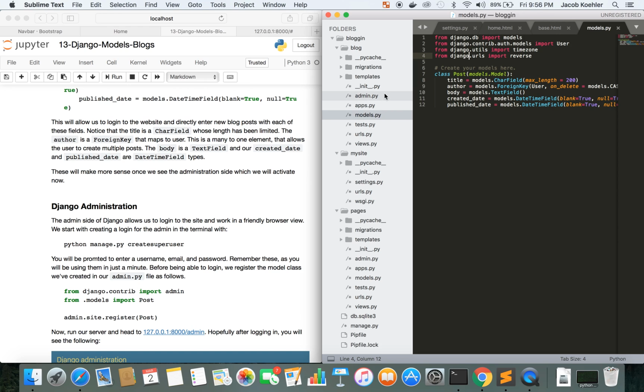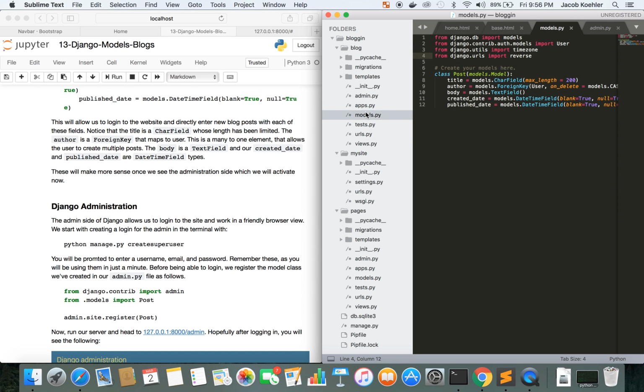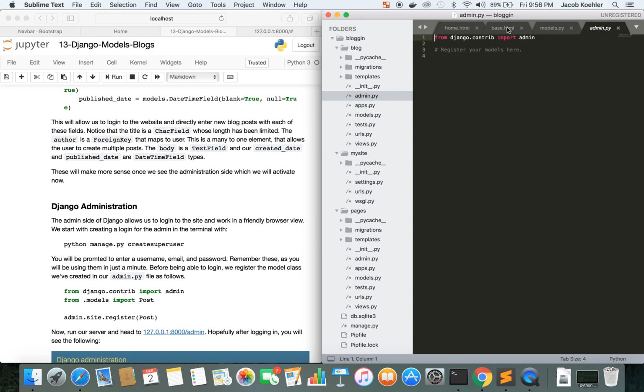We created a super user but we haven't added anything to our administration file. So again, these are two new elements of these blank applications: the models, where we're creating database entries, and also then using the administration console. So within this, we want to import from the models that post. We want to be able to have access to this in our administration console. So import post, and we're going to register that guy,